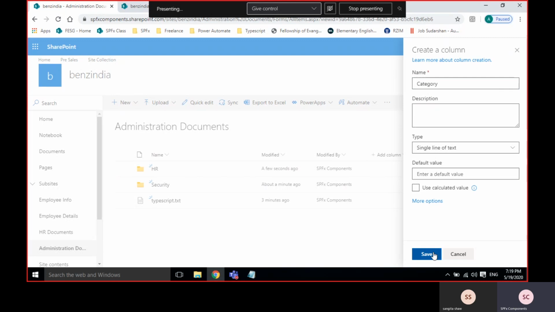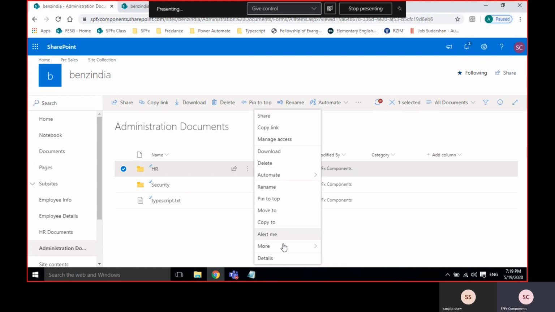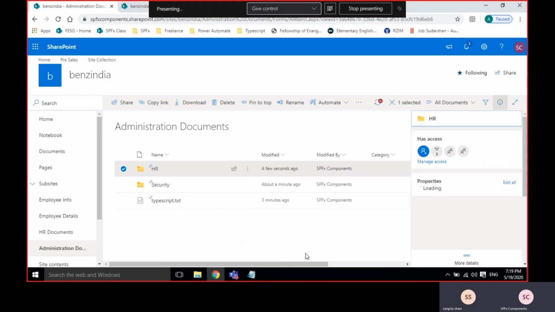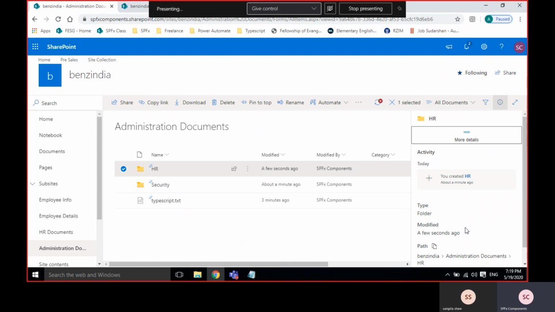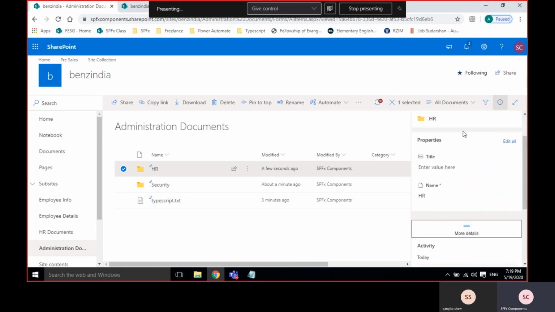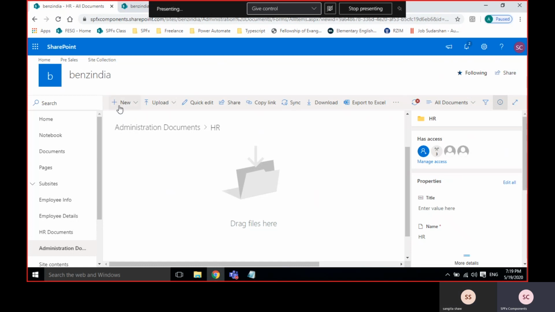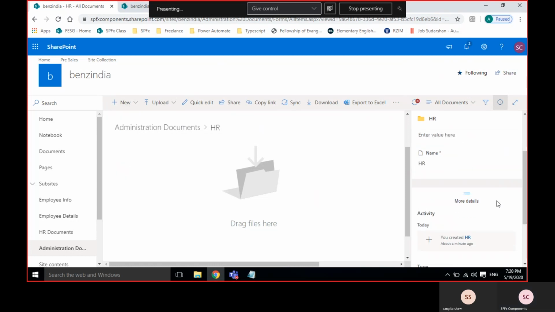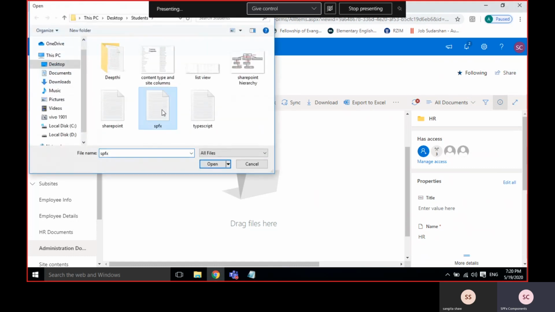When I upload a file, such as SPFX, I need to give the category also.